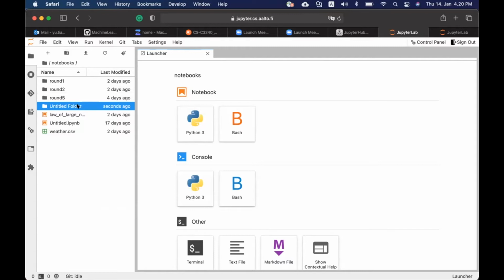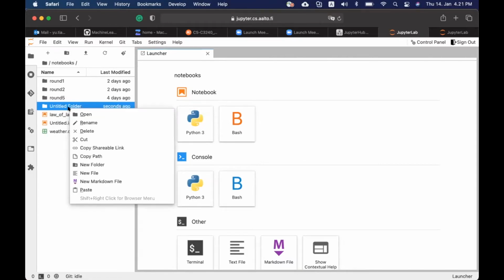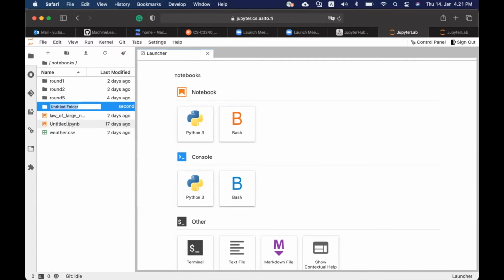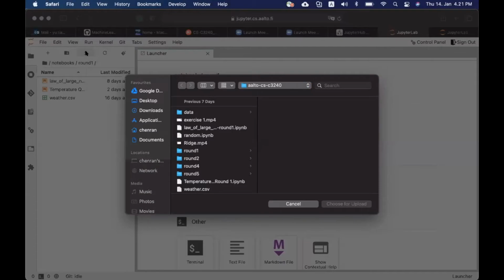For example, I'll rename it as round 1. Okay, I already uploaded them here, and for uploading files, you click this icon, upload files, and then